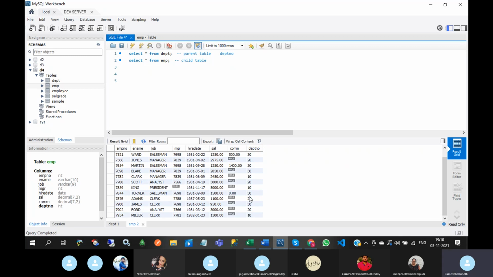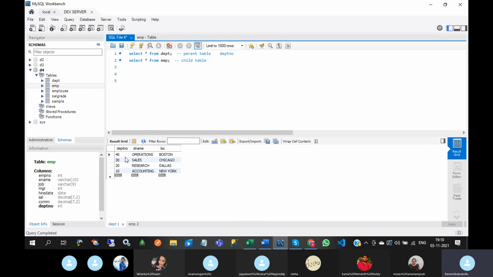So in order to avoid these kinds of situations, we go for a primary key and foreign key relationship between tables. If you establish this relationship, then you cannot enter a department number which is not available in the department table. You can test it also.